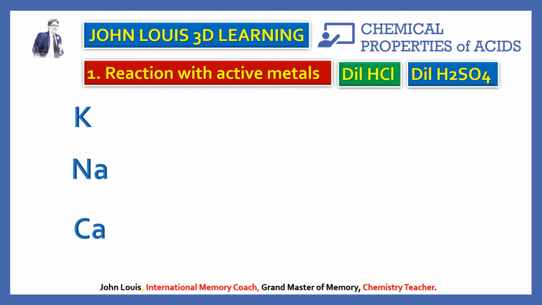For example, potassium reacts with dilute hydrochloric acid. We will take both the acids and see the equations. Potassium is K, hydrochloric acid is HCl. Here it is an element and this is a compound. Therefore what will happen? Single displacement reaction. Potassium will displace this hydrogen, therefore you will get hydrogen out and separated, and potassium will take the place of hydrogen and forms potassium chloride.